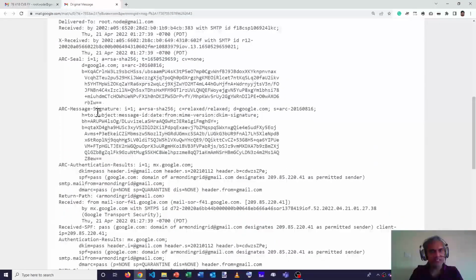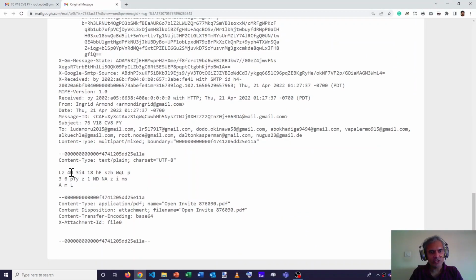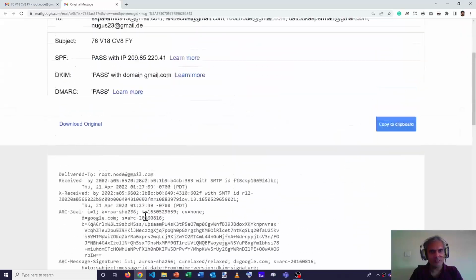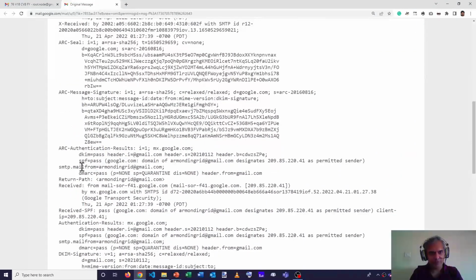And all of this is in a fairly structured format, but it also contains information that is unstructured, such as the text, the attachment that came along with it, and some of the information that's part of the headers. They too can be unstructured. So it's a combination of structured and unstructured data that makes messages like emails semi-structured.